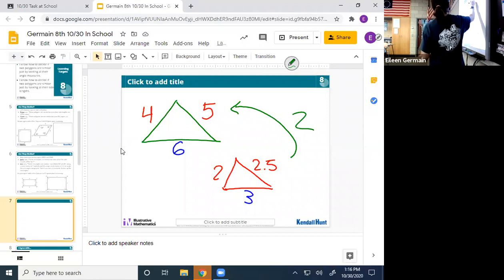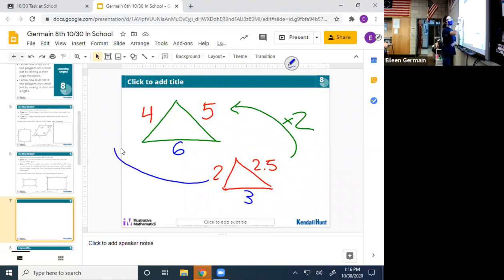2 times 2. So then now I'm going to look at another set of corresponding or matching sides here. What's the scale factor going to be between these sides? Sawyer? 2. And then if I look at these two last corresponding sides, what are we doing? Bridget? It's gonna be times 2. Times 2. So can we say that these guys are similar? Yes. Yes, very good. Because I didn't say anything about these angle measures, we could say 1, 1, 2, 2, 3, 3. They're the same.